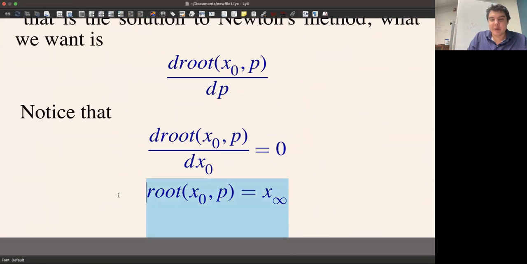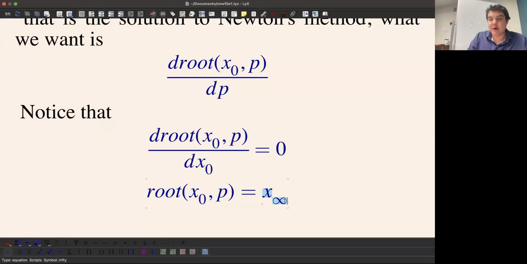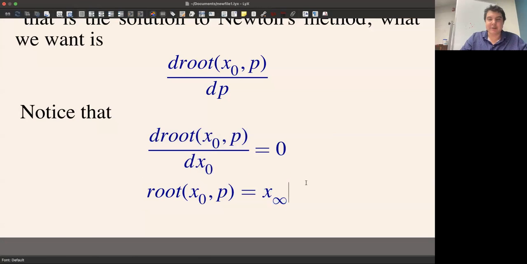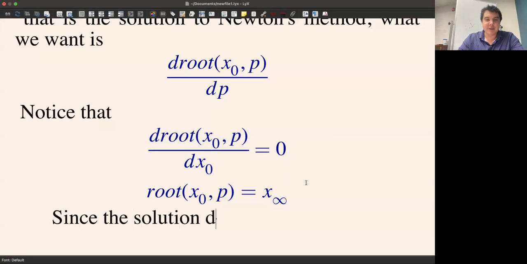So okay, we want to take the derivative of the solution to Newton's method, but we don't care where we start. So anyone see a trick here? The trick comes from we can choose a starting point. So what's a nice starting point for Newton's method? Would it be zeros so that maybe things would cancel out? Exactly. So since the solution does not depend on the starting point,